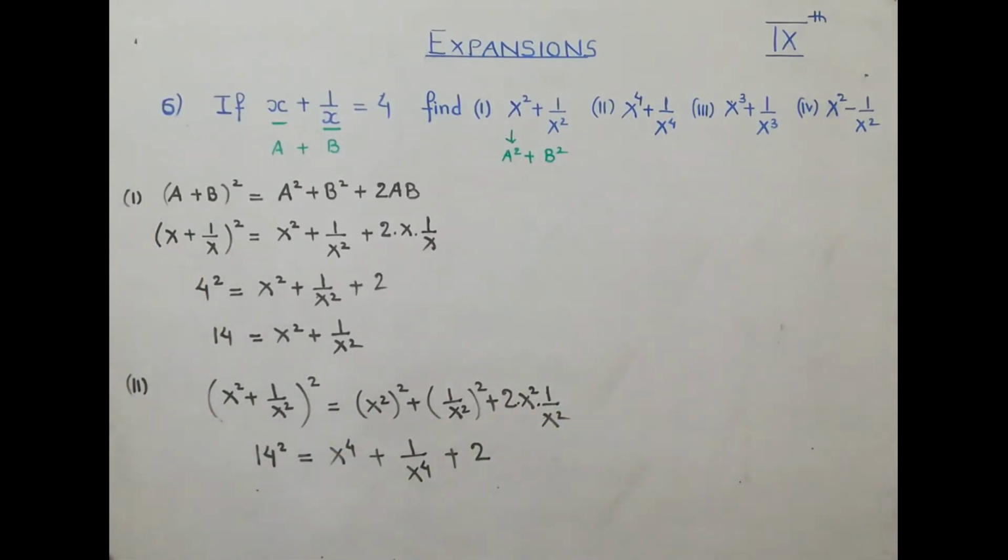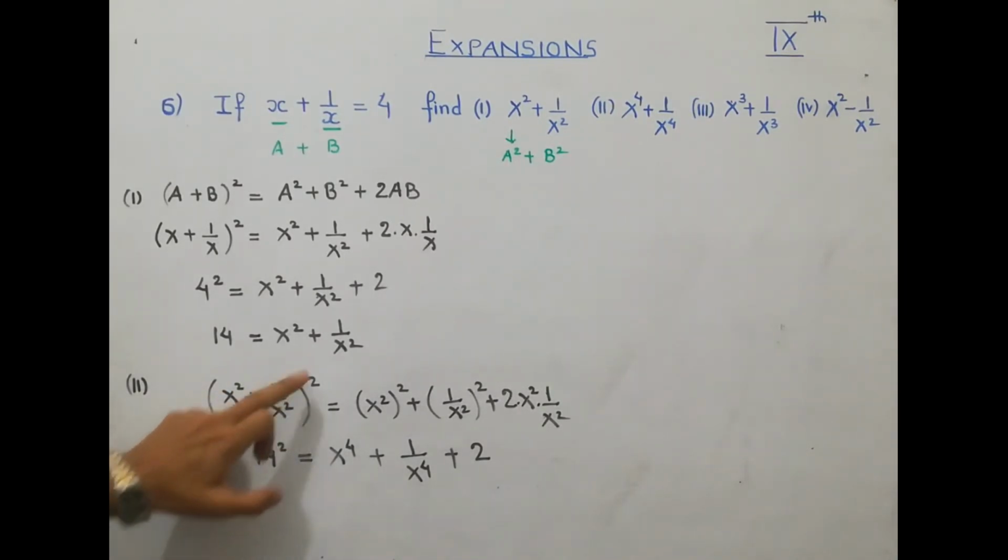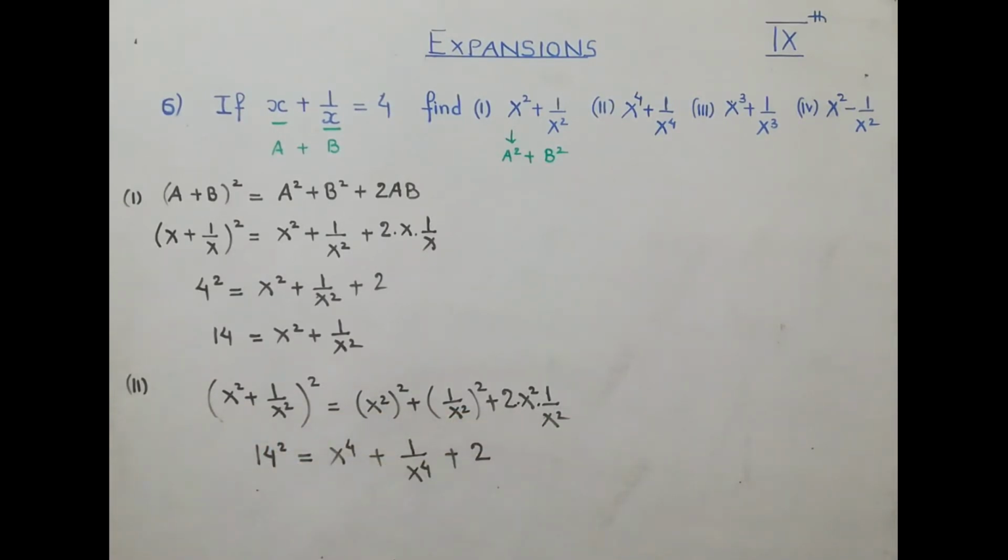See here. Now is this clear how we got the formula for power 4? When you have got x square plus 1 upon x square, you apply whole square formula over it. So we have applied. So now this becomes a and this becomes b. So a plus b whole square. A square plus b square plus 2ab. This will give you 196. And this plus 2 will become minus 2 this side. So 196 and minus 2. So that will give you 194.